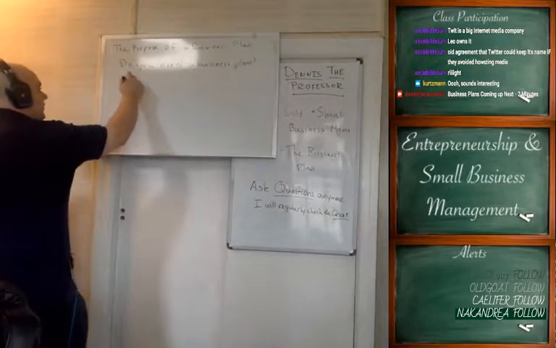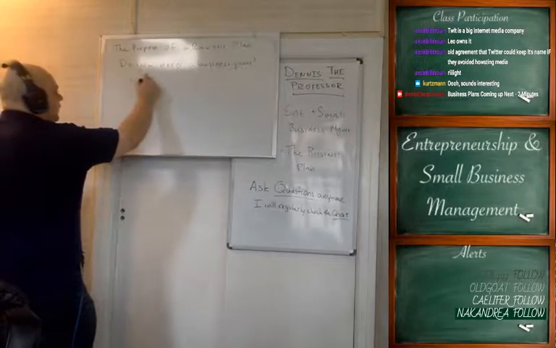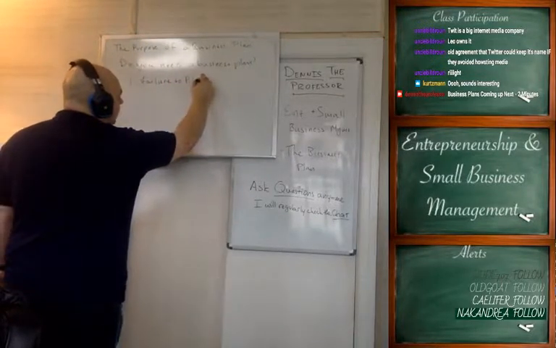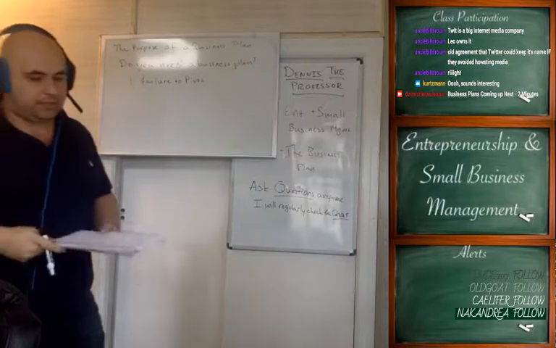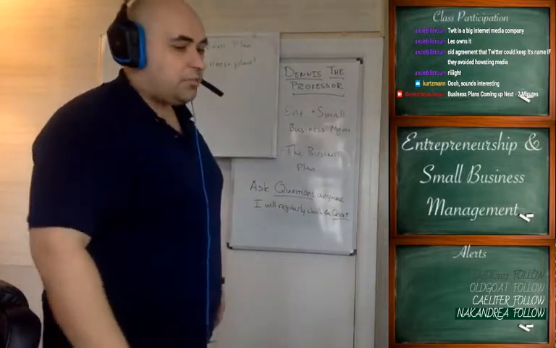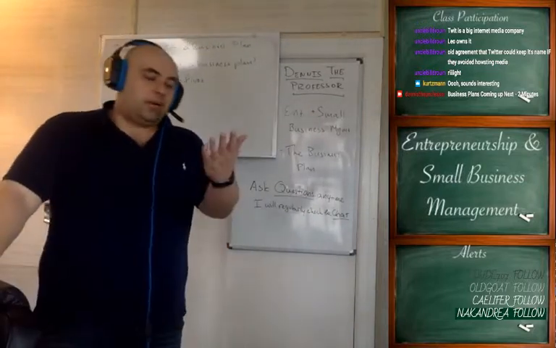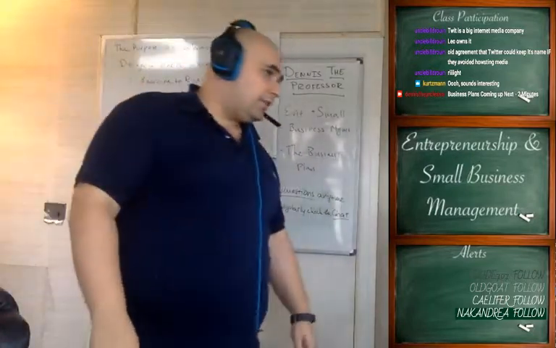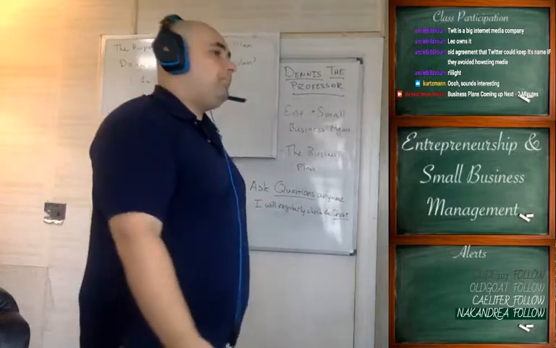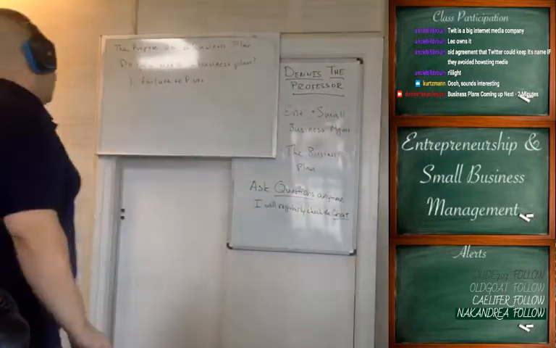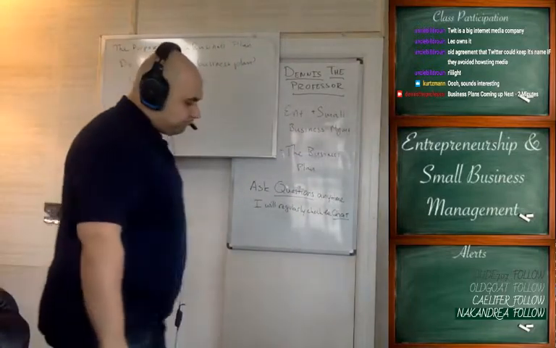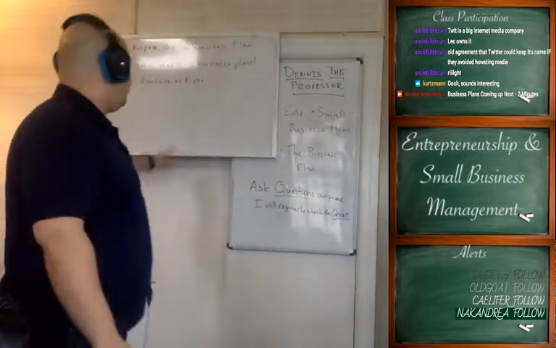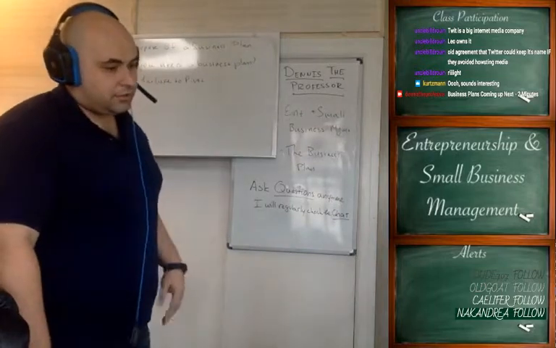The top 2 reasons that business plans lead to failure: the first is a failure to pivot. What that means is if you have a business plan and you say, I'm going to make a smartphone that fits in the palm of your hand, and you go out to your customers and they say, this is actually a pretty interesting product, but what I'd like to do is use a calculator on it, and your business plan doesn't say there's a calculator on this smartphone,